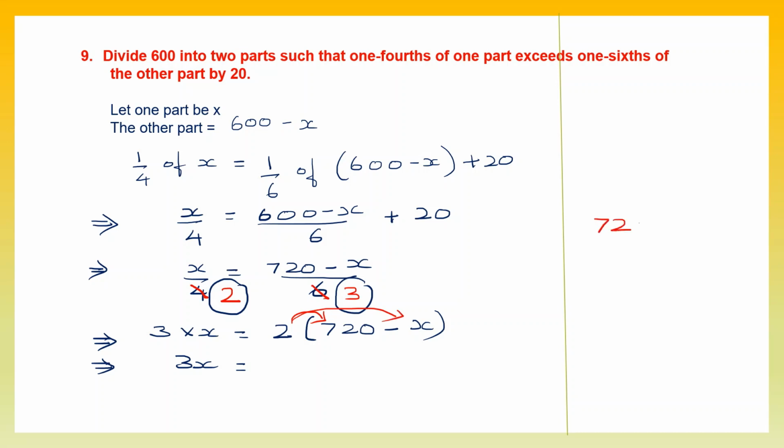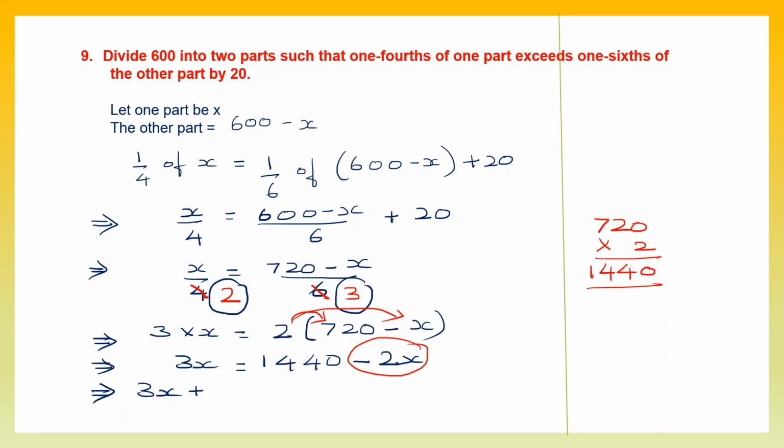So let's do 720 into 2. 2 zeros are 0, 2 2s are 4, 2 7s are 14. So here we have 1440. Then we do 2 into minus x, you get minus 2x. So let's bring all the x terms to the left side. So we have 3x already. We're going to transpose minus 2x. So it's going to now become plus 2x. And this is equal to 1440. So 3x plus 2x is 5x. 5x is equal to 1440. That means x is equal to